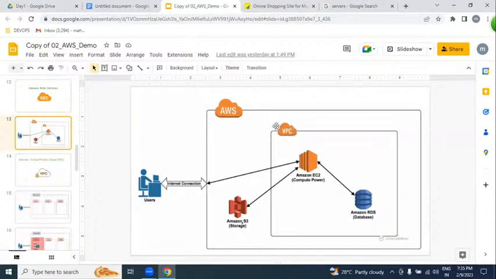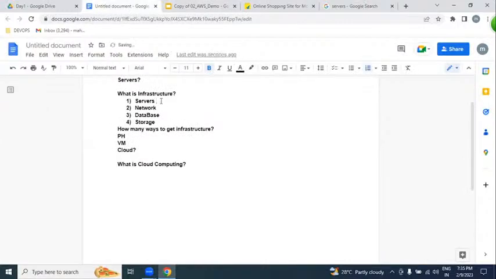VPC is nothing but what? Network. EC2 is nothing but what? Servers. RDS is nothing but what? Database. S3 is nothing but what? Storage. So with the help of this raw infrastructure,